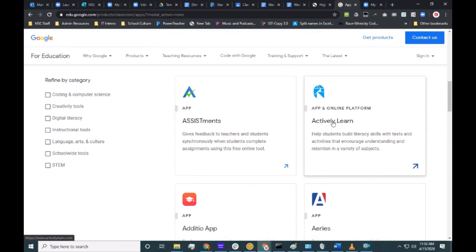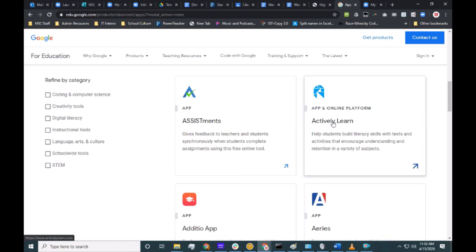Okay, so I would start with Actively Learn. This is actually one that I've used. In Actively Learn, you can upload texts that you've selected and curated, and put in questions and little formative assessments as you go through. So it's a good way to do that and also be able to measure how students are performing and what they're doing. This kind of replaces having to create Google Docs on your own with questions, and it integrates really well